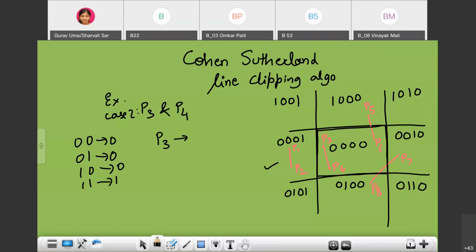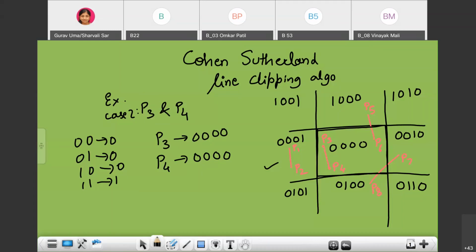It is 0000. Similarly, the code for point P4 is 0000. See the diagram and check: the point P3 has region code 0000, and P4 also has code 0000.